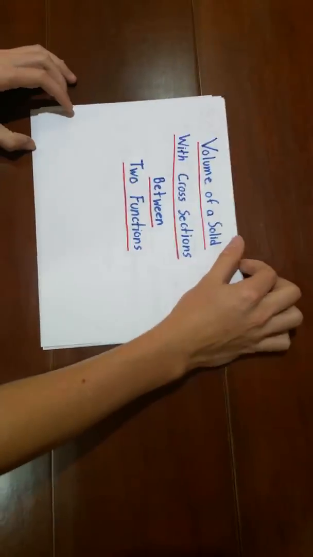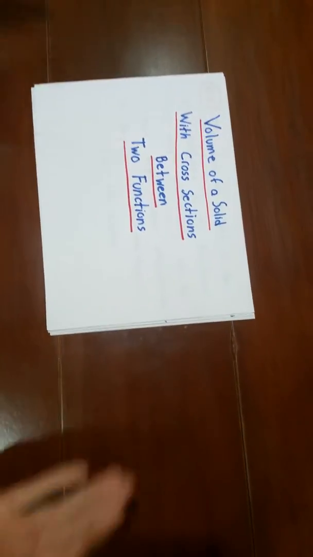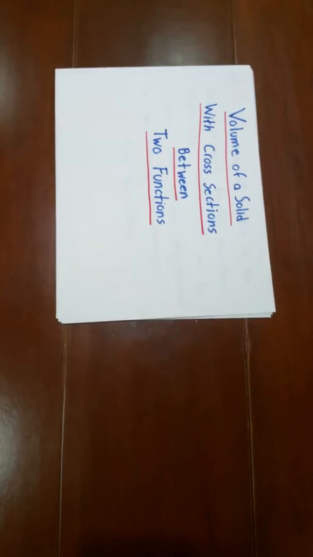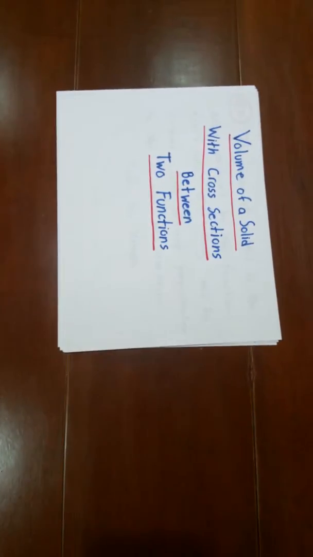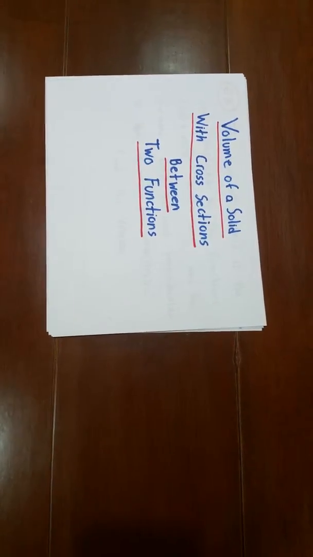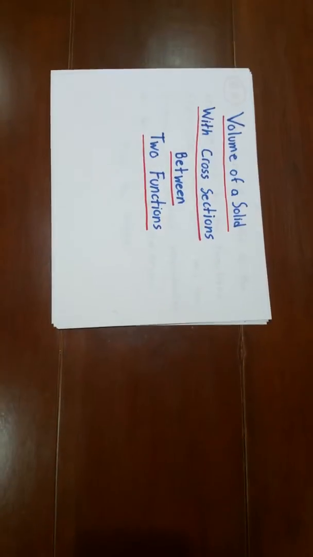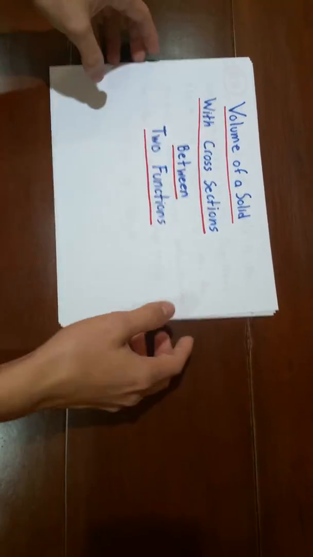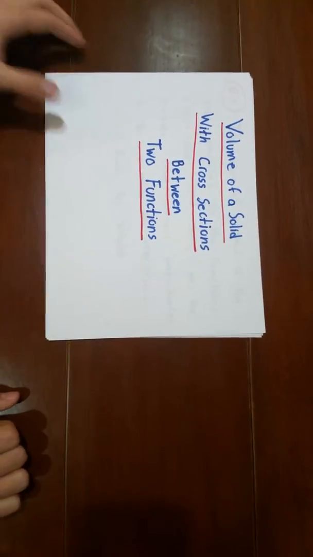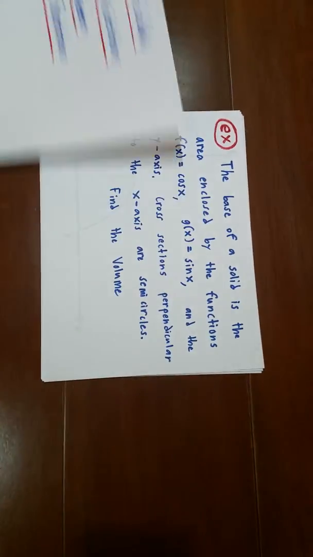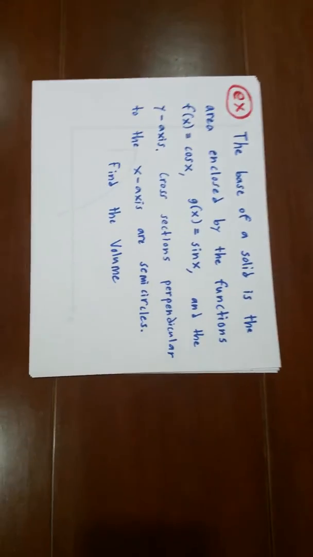but we can also use this basic idea to find the volume of a solid with a base that is enclosed between two different functions, not just one function and an axis, which in itself is just x is equal to 0 or y equals 0 anyway. So, we're going to look at two distinct functions bounding the base of a solid. So, for an example problem,